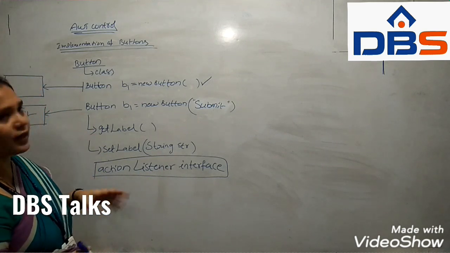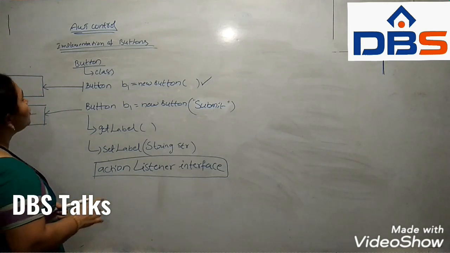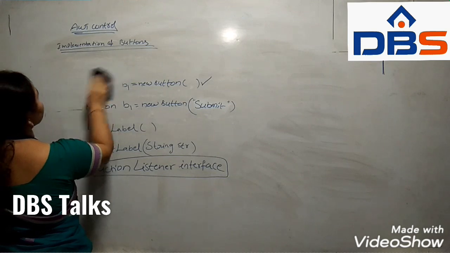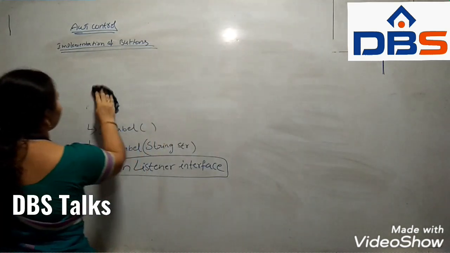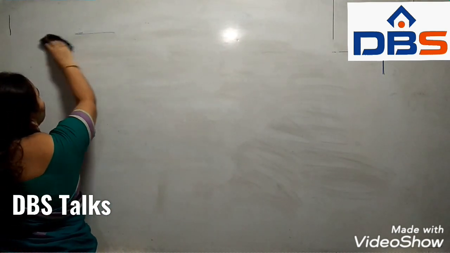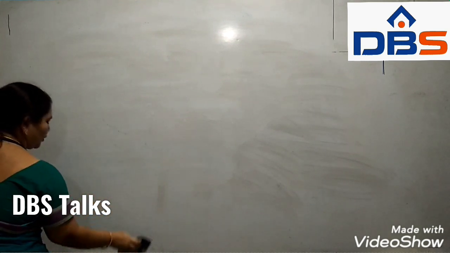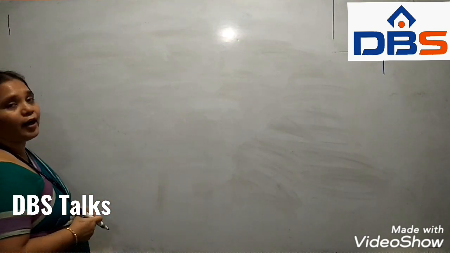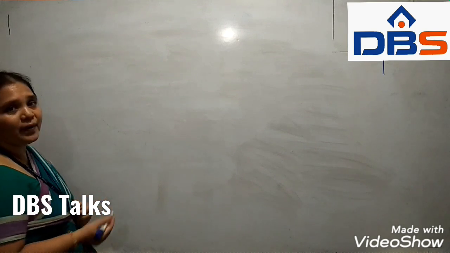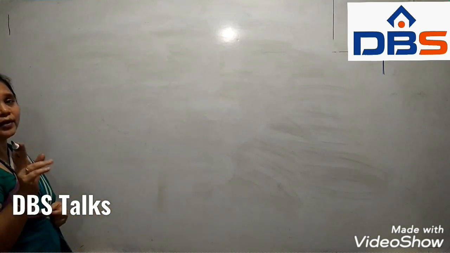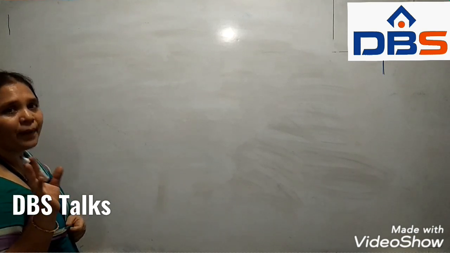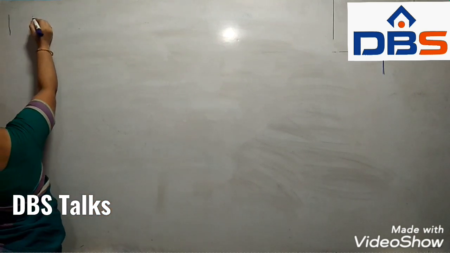So this is the basic introduction regarding buttons. Now we need to know how to create the buttons, that is called implementation of buttons. In the previous lecture we discussed a template for how to write programs easily. For AWT controls, according to that template we need to implement the buttons. Do you remember what the first step is? Import the packages.